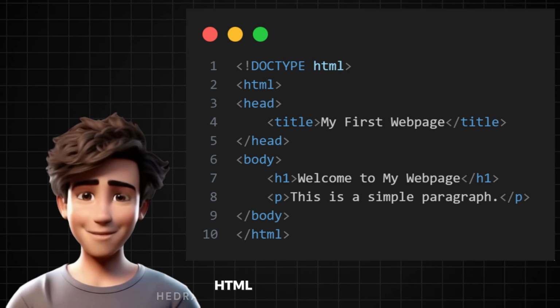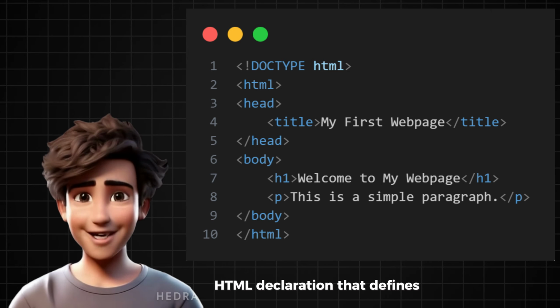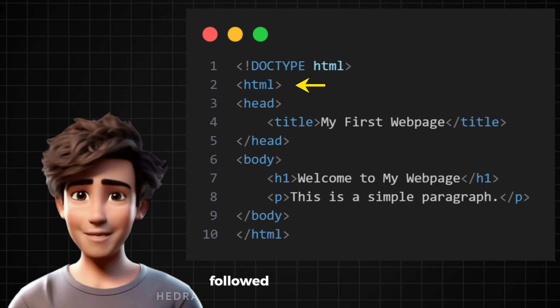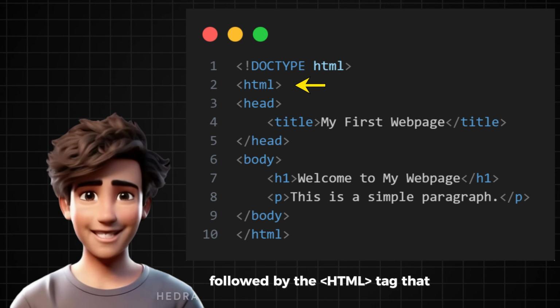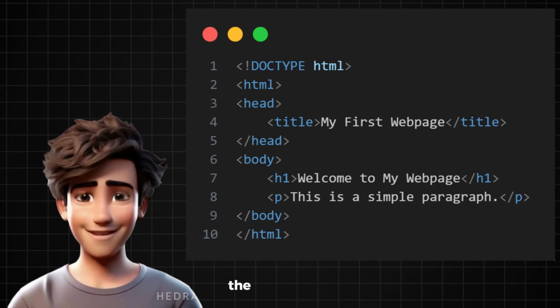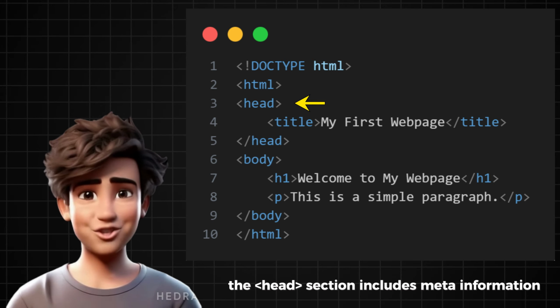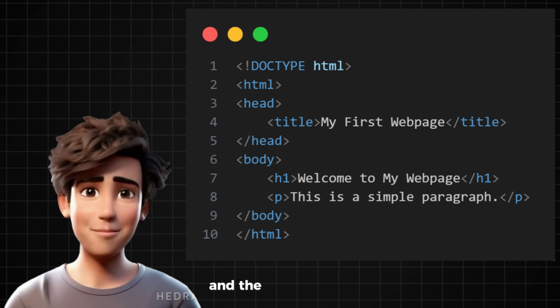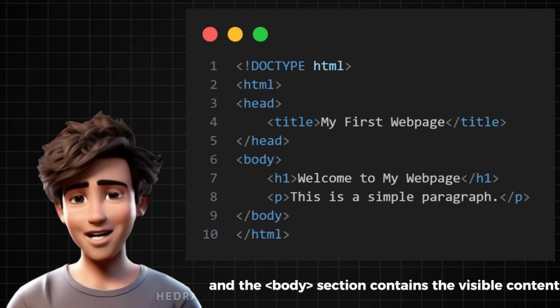We have the doctype HTML declaration that defines the document type, followed by the HTML tag that contains all the content. The head section includes meta information like the page title, and the body section contains the visible content such